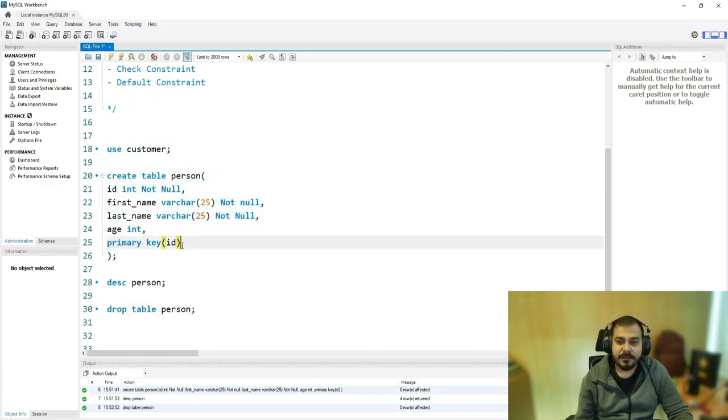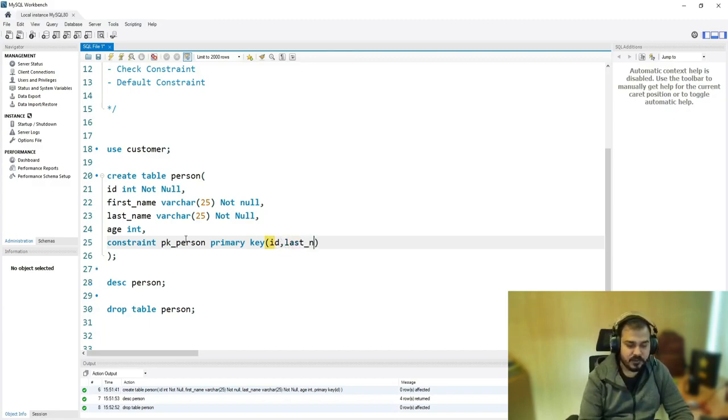Inside this last thing, what I'm going to basically write, I'm going to create a constraint. When I combine multiple column names, then I have to definitely specify it as a constraint, and then I will give a constraint name. I'll say pk underscore person, that is basically like primary key of person, and this will be my primary key, and then I will specify which columns will come into this constraint. So here I'm going to mention as id